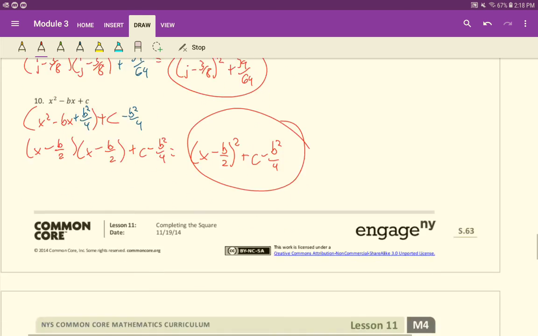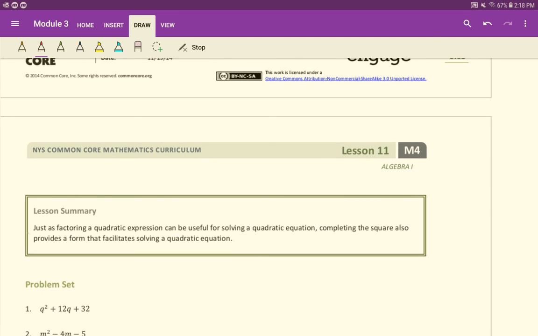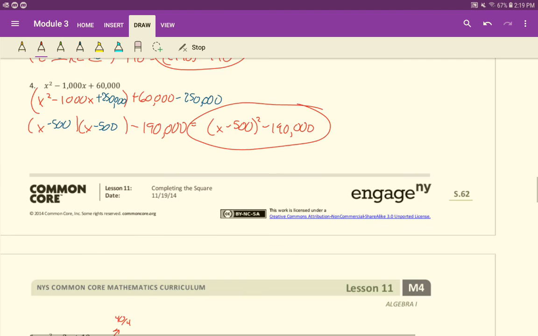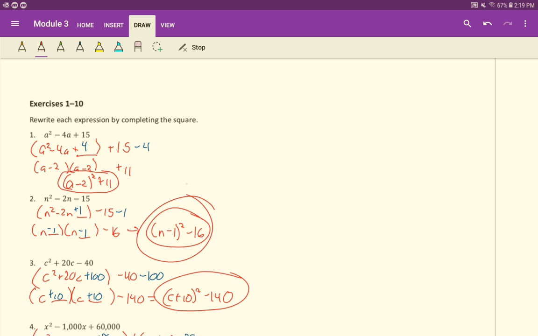So there's our answers. So in summary here, just as factoring a quadratic expression can be useful for solving a quadratic equation, completing the square also provides a form that facilitates solving a quadratic equation. Now granted, we didn't solve any equations here, but you can see that from this form right here, for example, if this were equal to something, you know, like say that equals 10, you could add 16 to both sides,